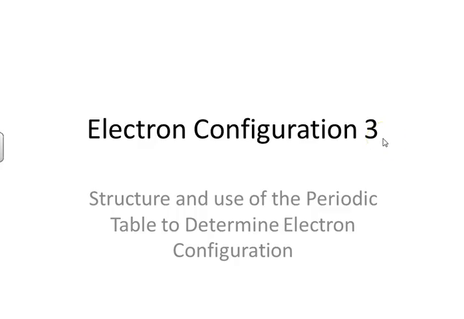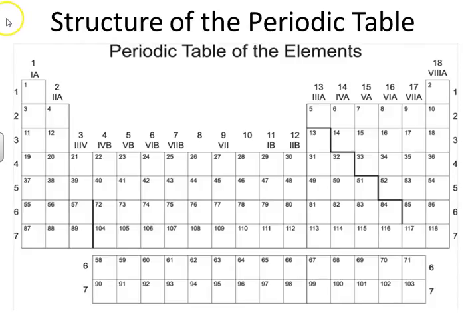Today's presentation looks at electron configuration and the use of the periodic table to determine the electron configuration of a given element based on its location on the periodic table. When we look at the periodic table, we can see certain regions that show themselves in the table, and those regions include